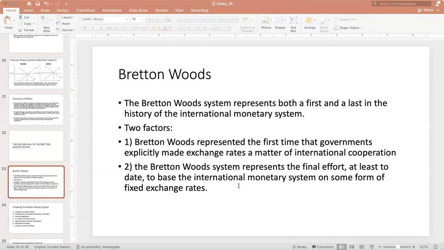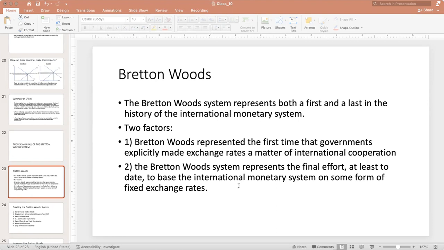interwar period. The establishment of the International Monetary Fund, IMF, and the World Bank were key outcomes of the Bretton Woods Conference. The IMF was created to promote international monetary cooperation and provide a forum for member countries to address exchange rate issues. It aimed to maintain stable exchange rates and facilitate the expansion of international trade and economic development. The second factor highlighting the importance of the Bretton Woods system is that it represented the final effort, at